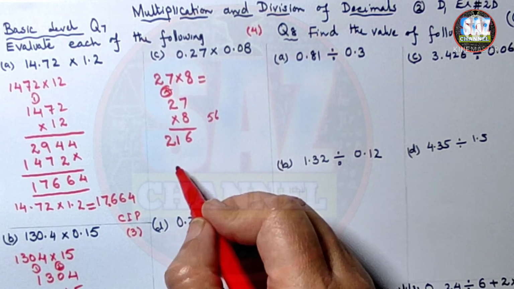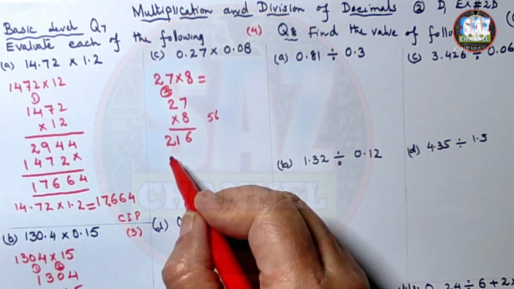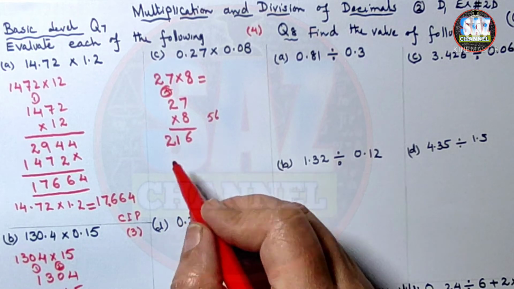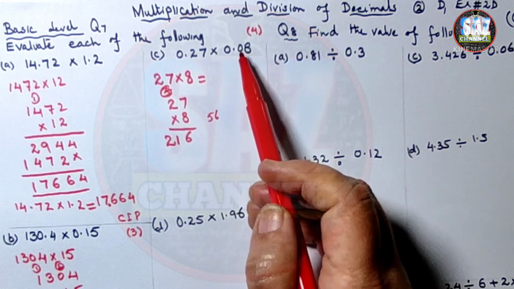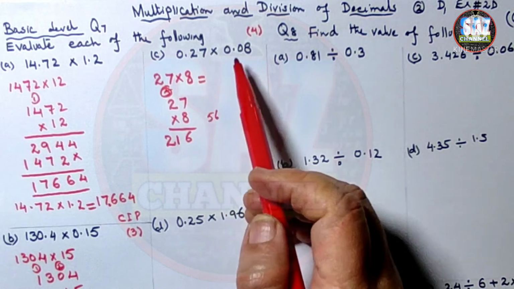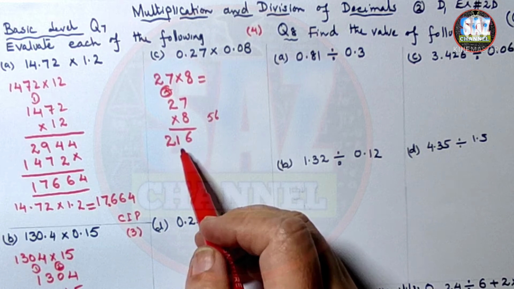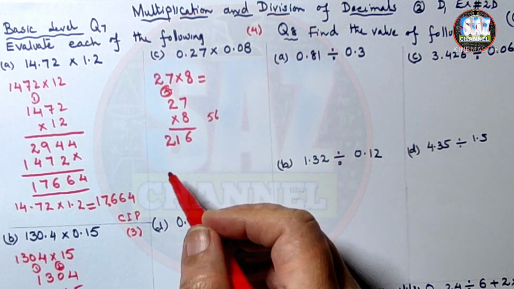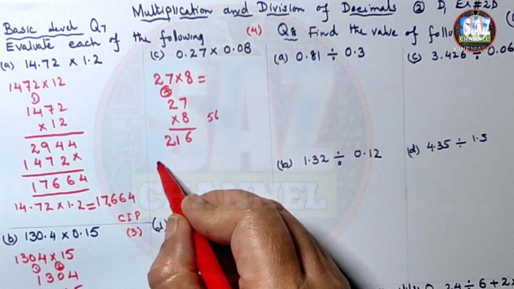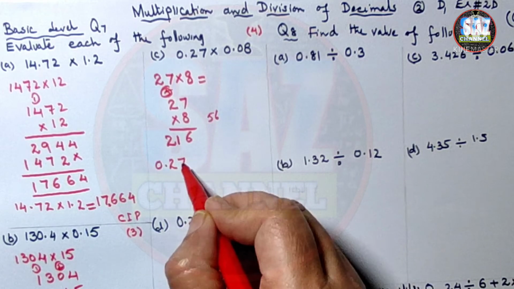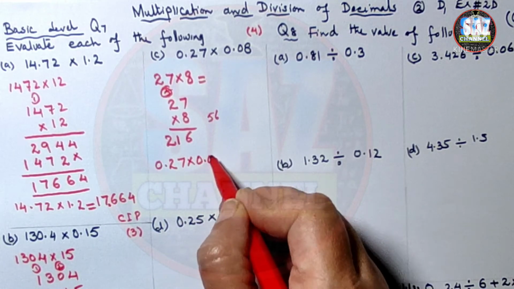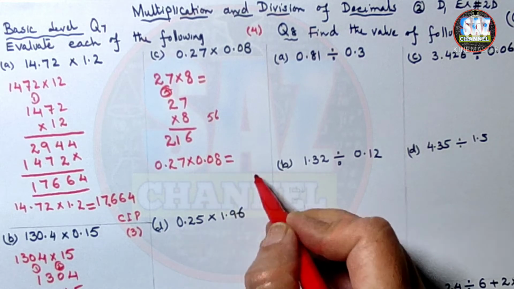216. So the product of 27 multiplied by 8 is 216. But in the question, there are 4 digits after decimal. So how can I make 4 digits in my answer, and how to fill up the 4th place? So the question will take the form 0.27 multiplied by 0.08, and this equals to